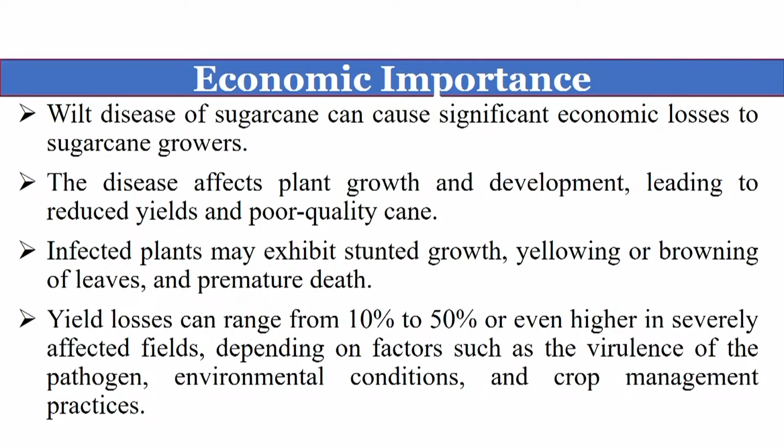This disease affects the plants' growth and development, leading to reduced yield and poor quality of the cane. Infected plants may exhibit stunted growth, yellowing and browning of the leaves, and premature death. Yield loss can range from 10 to 50%, even higher, because it depends upon the severity in the field and factors such as virulence of the pathogen, environmental condition and crop management